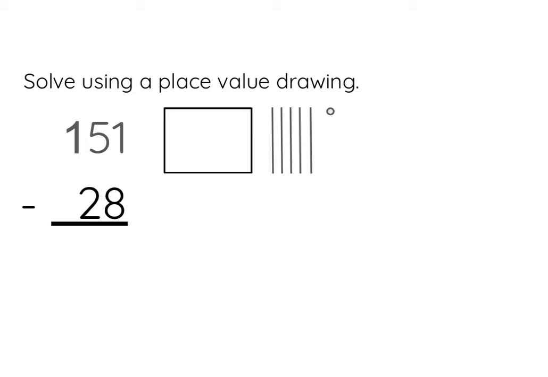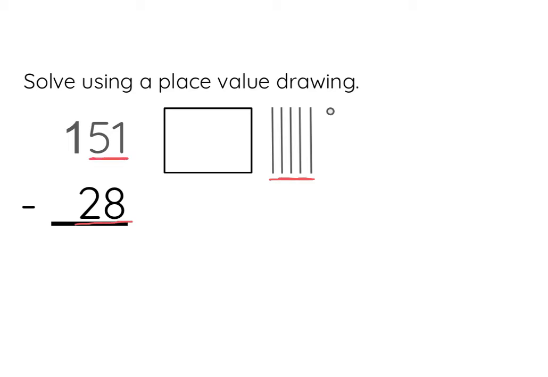All right, 151 minus 28. If you have your base 10 blocks, you should have a 100 square, 5 tens, and a 1. Now we're going to subtract 28. We're going to talk about a couple different kinds of problems in the next few days. So on this problem, as you look at 151 minus 28, notice we have enough over in our tens to just subtract from that. We do not need to worry about the 100 because the 28 is smaller than the